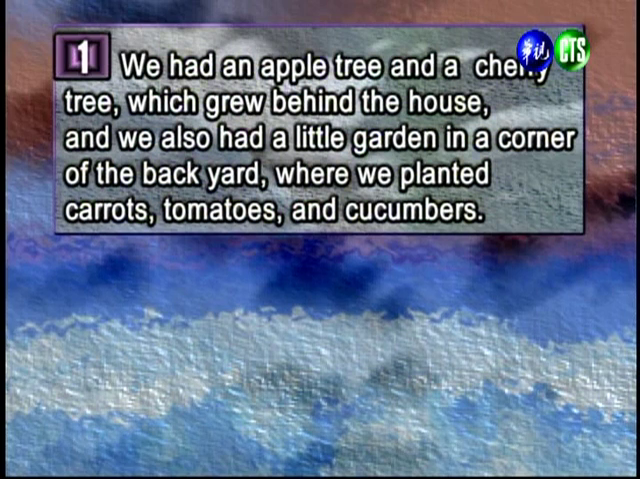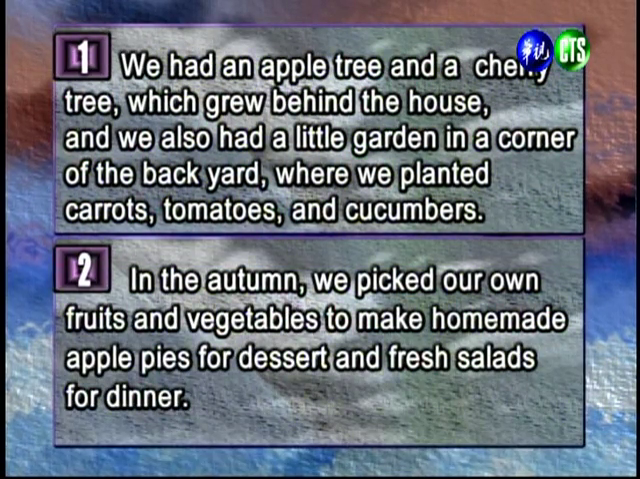All right, so this says, we had an apple tree and a cherry tree which grew behind the house, and we also had a little garden in the corner of the backyard where we planted carrots, tomatoes, and cucumbers. 第一个句子我们可以看到，它提到的是在后院种了苹果树，樱桃树，以及一些蔬菜，像是胡萝卜、番茄以及小黄瓜。 In the autumn, we picked our own fruits and vegetables to make homemade apple pies for dessert and fresh salads for dinner. 在紧接着下一个句子中，他提到了到了秋天的时候，我们会采集这些水果及蔬菜，然后做成苹果派或者是沙拉。